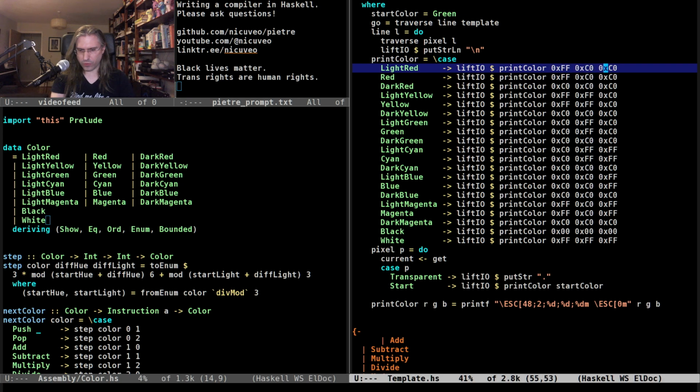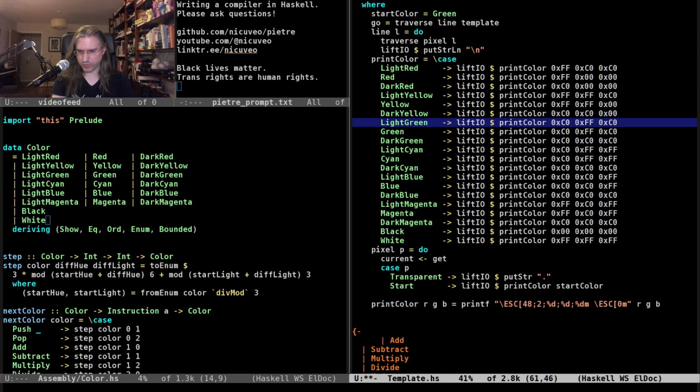Okay, so for light red, FF0 is correct. For red, it's FF0, 0. For dark red, it's C0, 0, 0. Light yellow, FF0 is correct. Then it's FF0, and then it is C0, C0, 0.